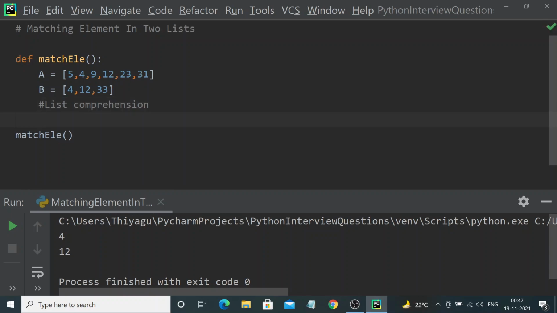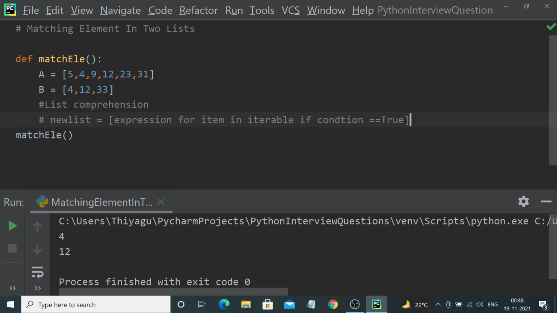First let me write the syntax for you so that you will have a better understanding of it. So this is new_list equal to expression for item in iterable if condition equal to true.